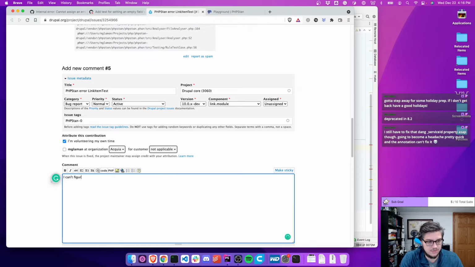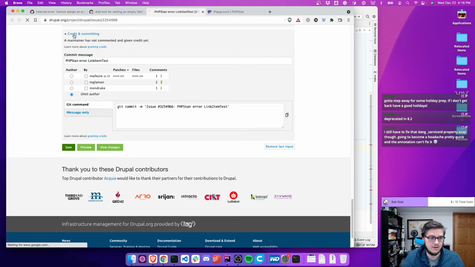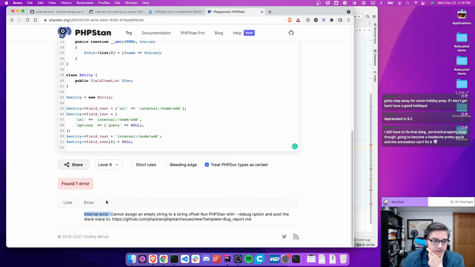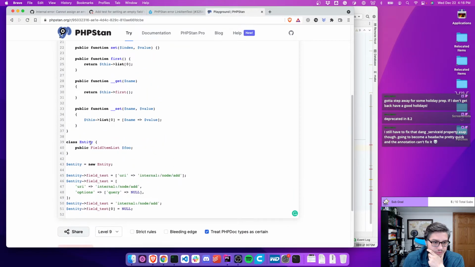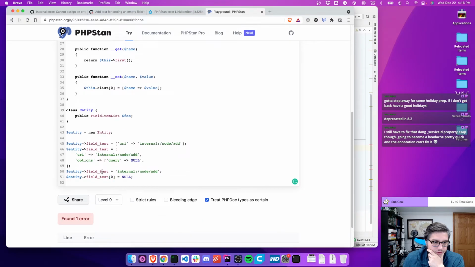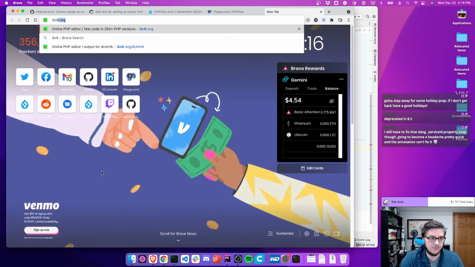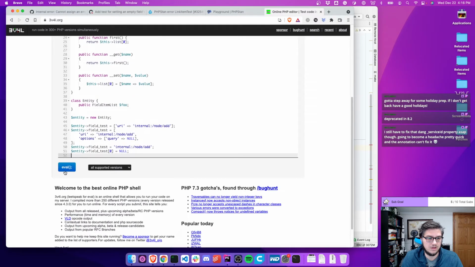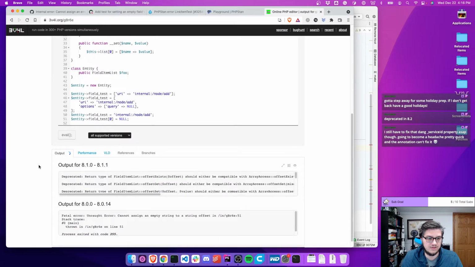I can't figure this out. Opened an issue in phpstan once. Gosh. Jeez, that is a doozy and a half. At least I was able to reproduce it. And what if we do? What's the 3v4l? This is the next step here. Actually, is eval it and here and see if